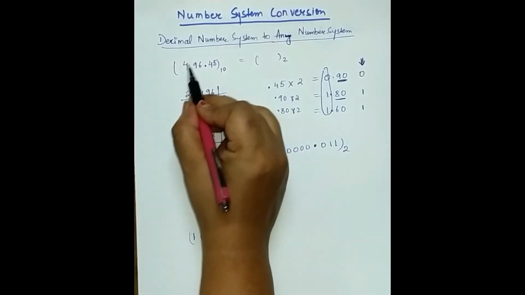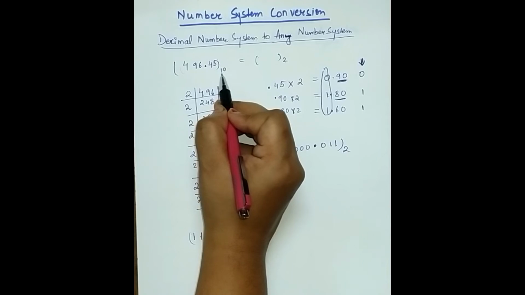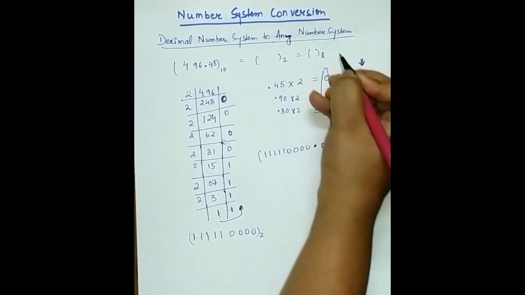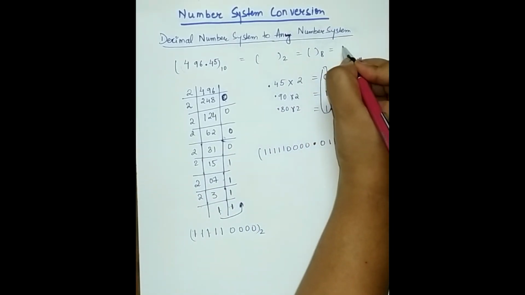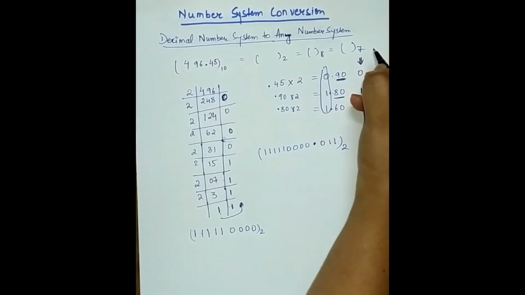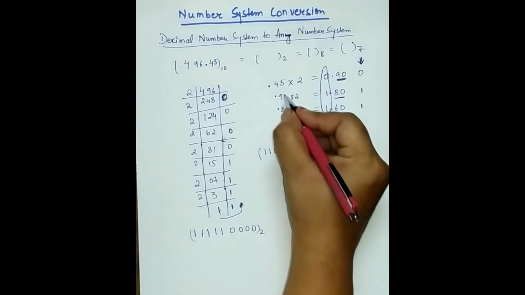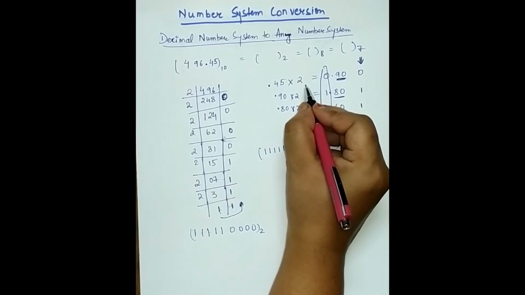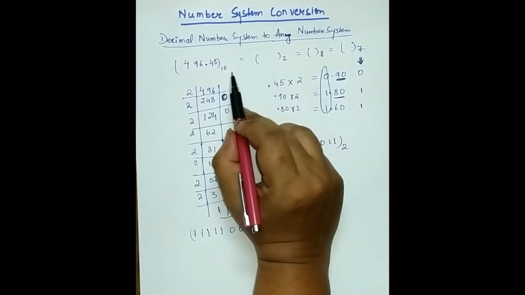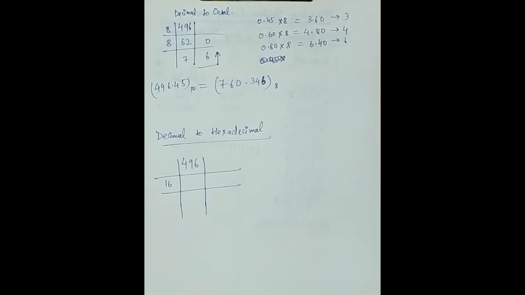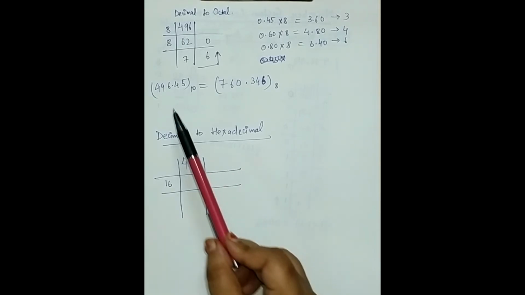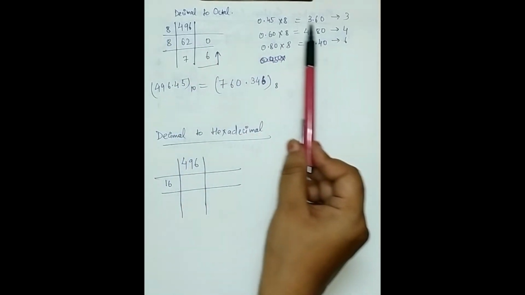Now suppose you have to convert the same question into octal number system, you will follow the same procedure. Similarly, if you have to convert it into any number system, suppose 7, you will divide it by 7 and multiply it by 7. Now let us see one example of converting this decimal number into a hexadecimal number system, the same question. You can also try the same question for octal on your own with the same procedure, and you should see the answer.